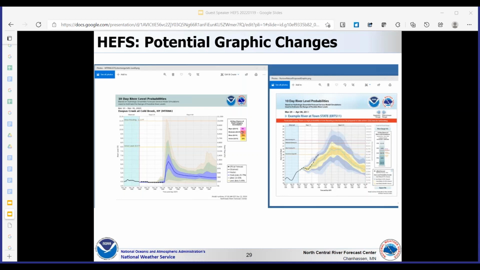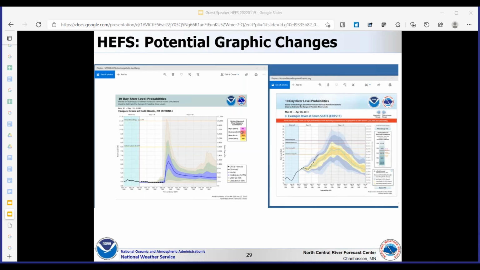So what is feasible? The image on the right is the Nurture Nature Center proposed national product. The group of Eastern Region RFCs did what they could within the confines of our current graphing software. And the image on the left is an example of what we can move to.